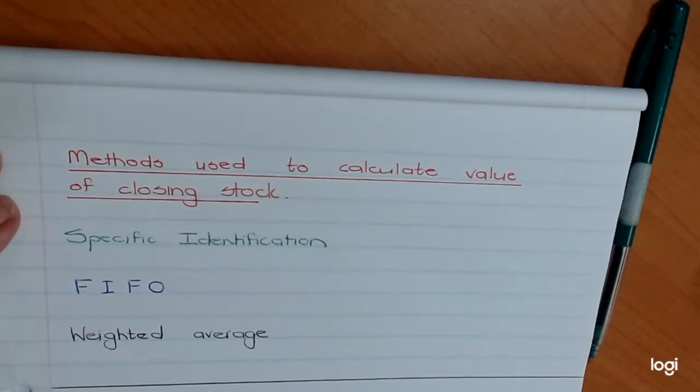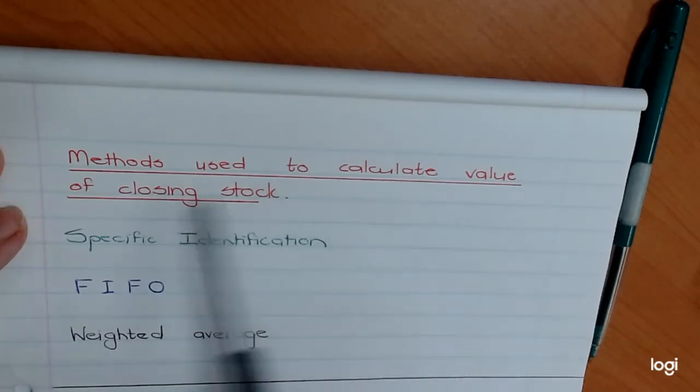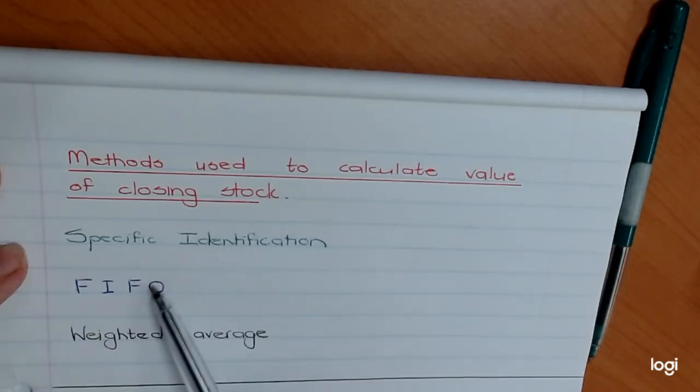The methods that we use to calculate the value of closing stock. Whether you are using the periodic inventory system or the perpetual inventory system, you still have to choose which method you're going to use to calculate the value of your closing stock. It's very important that you can't change this method from one financial year to the other financial year, because there